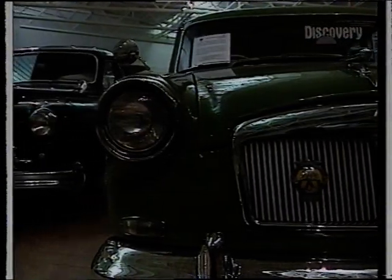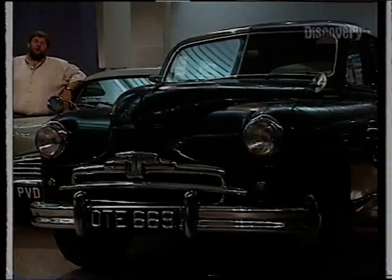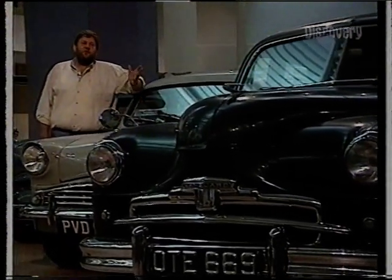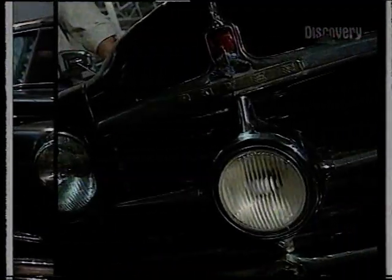What I really love about this place is its relevance to me. I was brought up in Australia, and like all Commonwealth countries, it was chock-a-block with British cars just like these. And they did a pretty darn good job too. I had loads of cars in this museum, like this Rover Cyclops, famous for the bouncing front suspension,